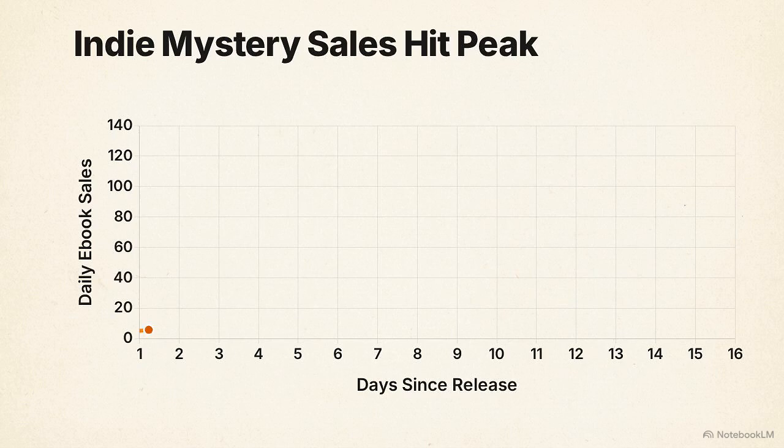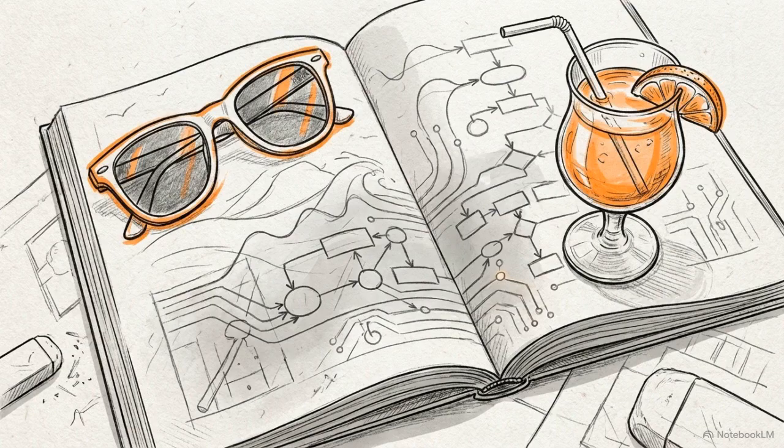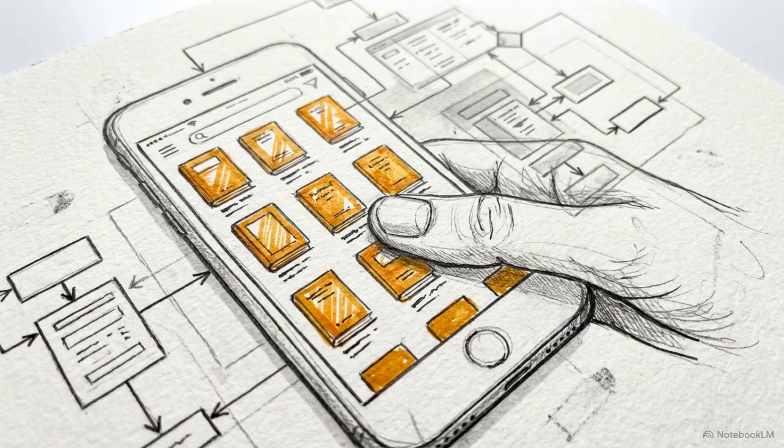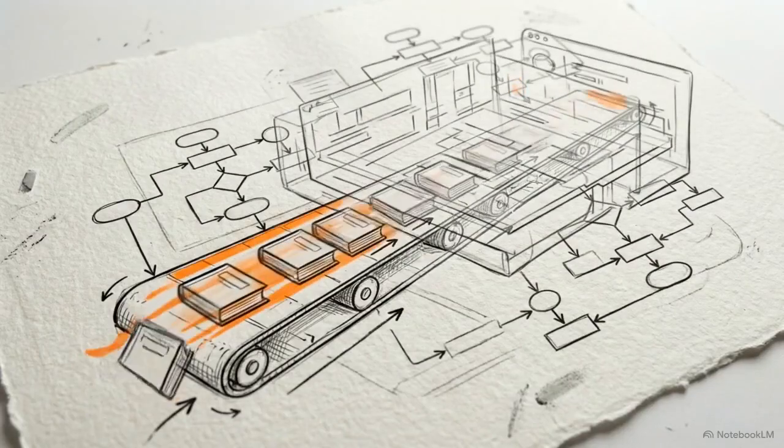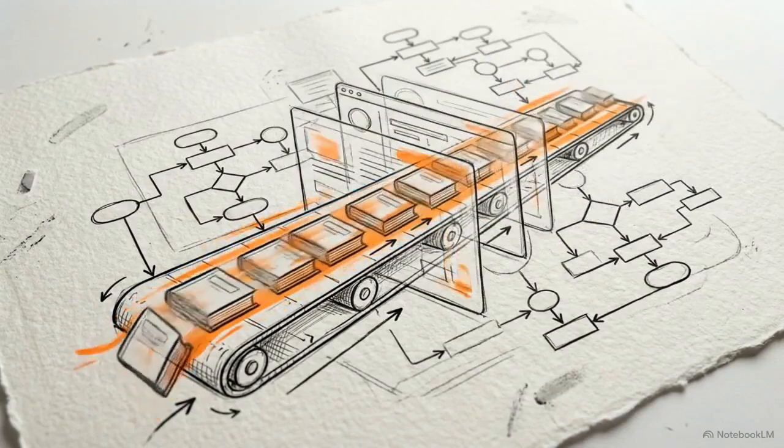This chart shows the escalating daily sales of independently published mystery ebooks. At the peak, that's over 108 ebooks sold in a single day by an author you have likely never heard of. Readers of short, easy-to-read beach fiction consume books fast. They browse the latest releases and buy as many as they can to satisfy their reading habit. Because they need a constant stream of new, fast-paced content, generic indie authors can sell hundreds of copies without an